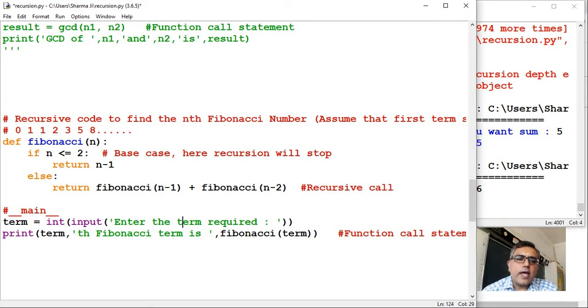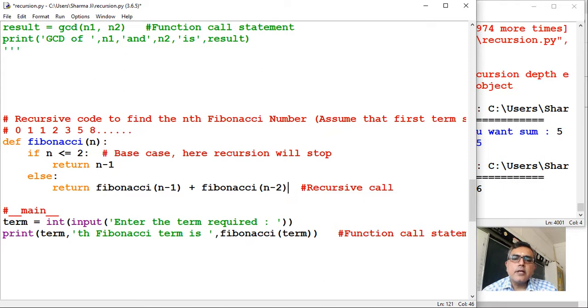Otherwise, if the term which you are calculating is more than 2, it will come in the else part. See how easy it is to understand. You are just adding the previous two members to calculate the nth term, right?